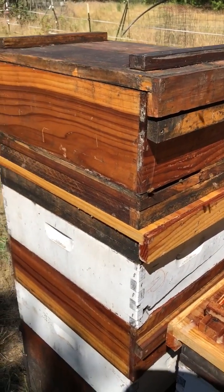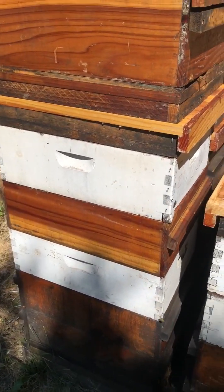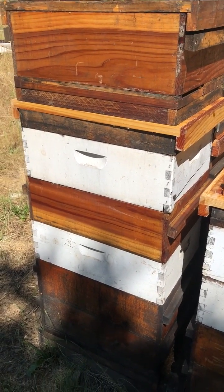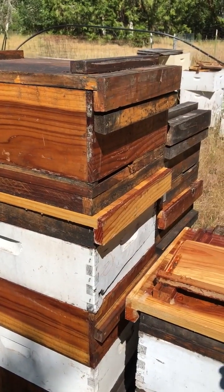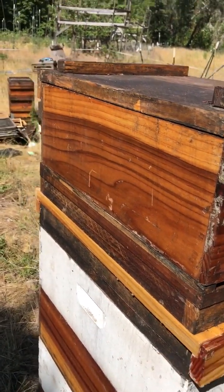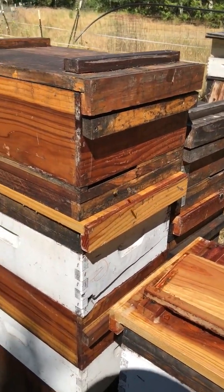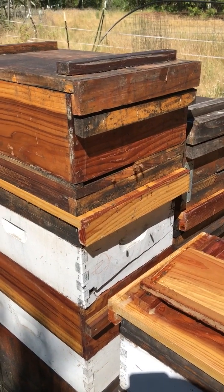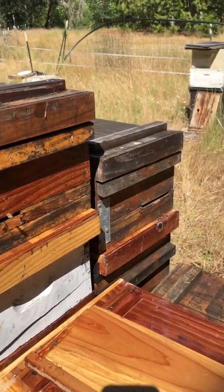But what was done here is that 1 month ago, upon inspecting this large colony below, I found it in swarm prep. And so what I did is I removed 8 frames of bees and most all the swarm cells, and I moved them up into this colony above and inserted a division board so that we had 2 4-frame colonies with one entrance on either side. And I have come back now and inspected this colony a month later and found that they both successfully reared a new queen. So then what I did is I removed 1 4-frame colony and I put it into this